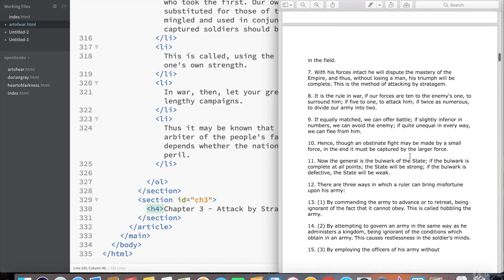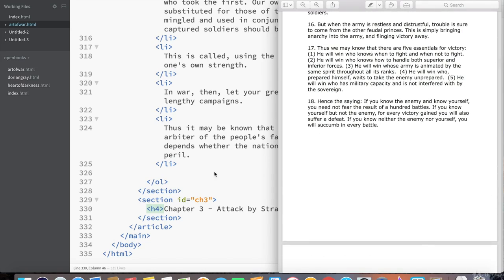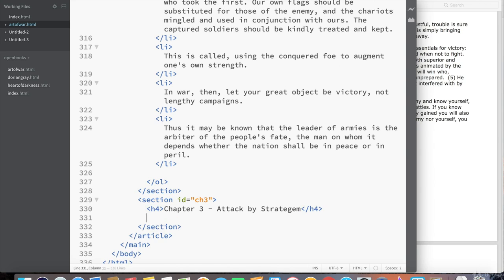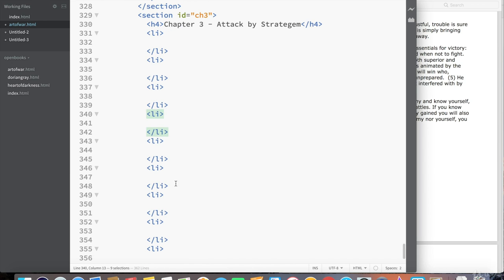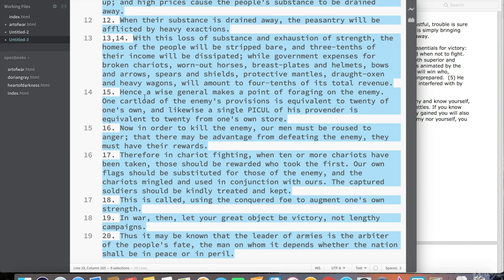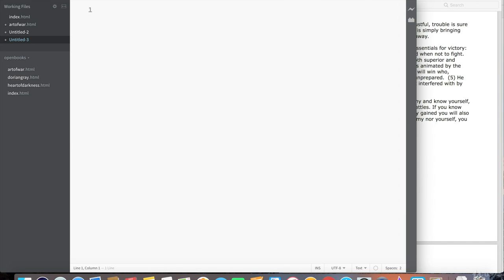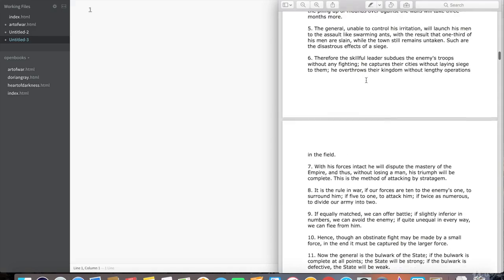And then this one has about 18 bullet points. So we could just give 9 line breaks like before. 1, 2, 3, 4, 5, 6, 7, 8, 9. And then create a list item for each one. 3, 4, 5, 6, 7, 8, 9, LI. And then go back to our Untitled 3, delete this whole thing, and go back to the PDF and just